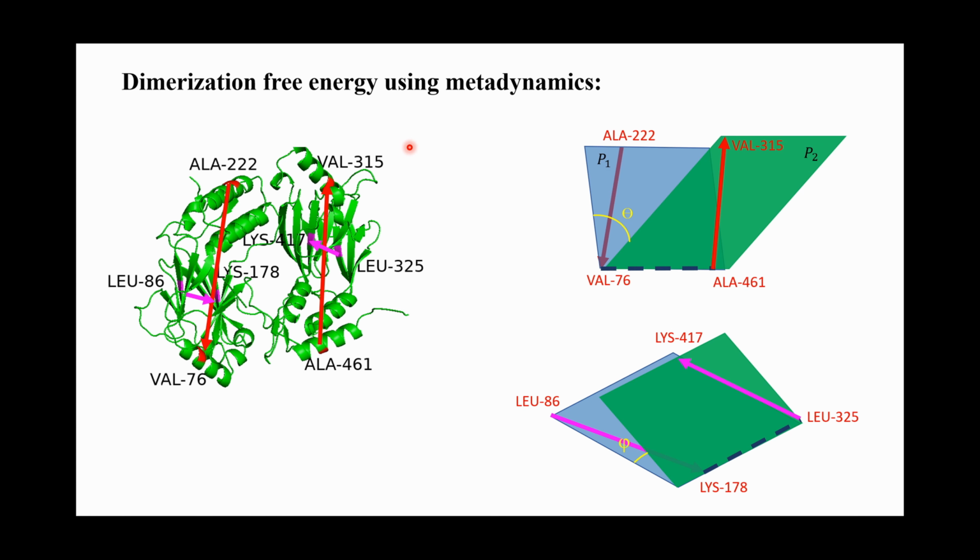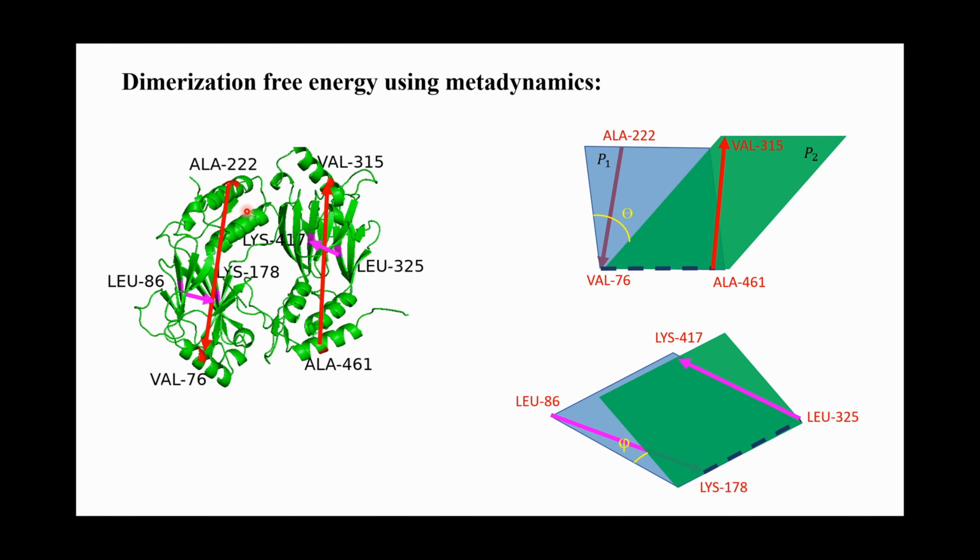As we observed, the result of umbrella sampling shows some dependency on the path, and to fully understand this behavior, we will perform a metadynamics simulation with respect to two different reaction coordinates when the two chains of protein are close to each other, to find the exact dimer's location. So to do so, we defined